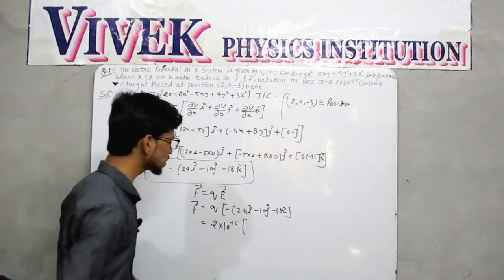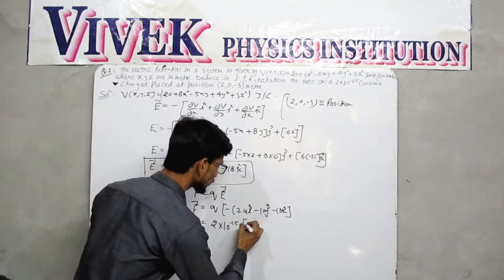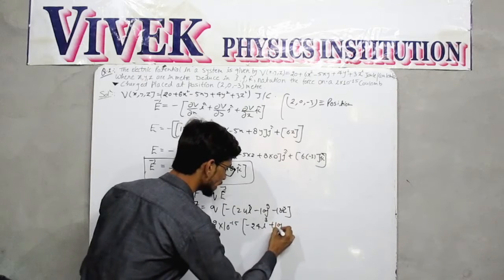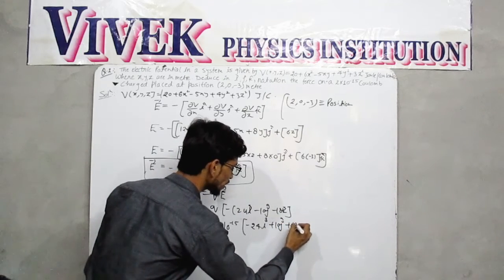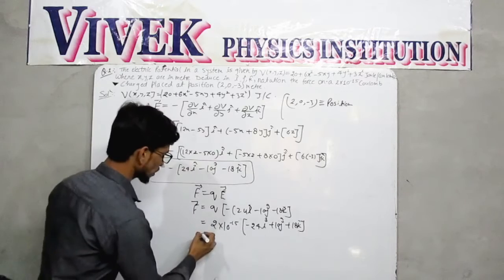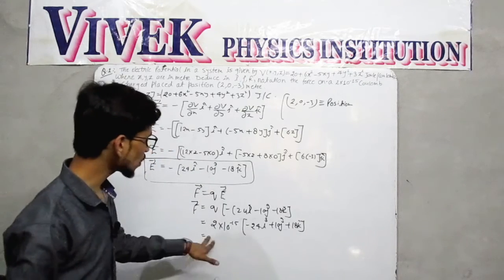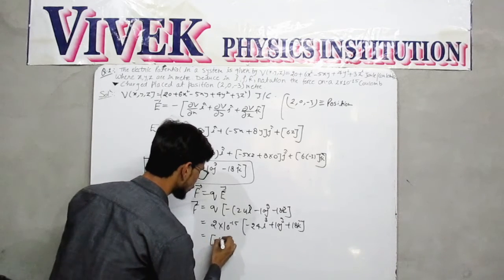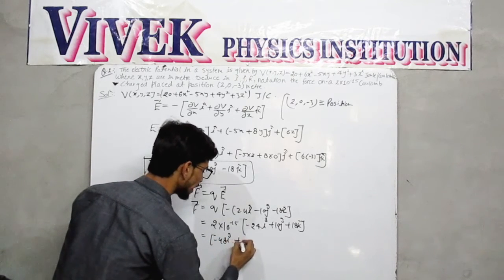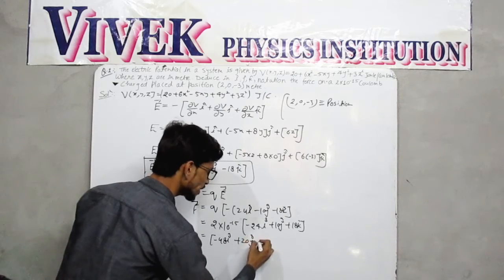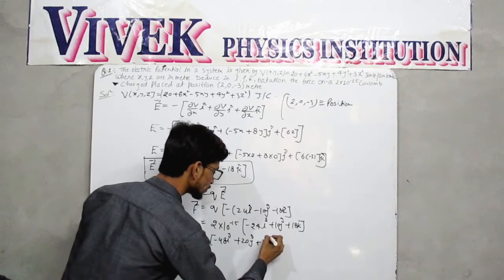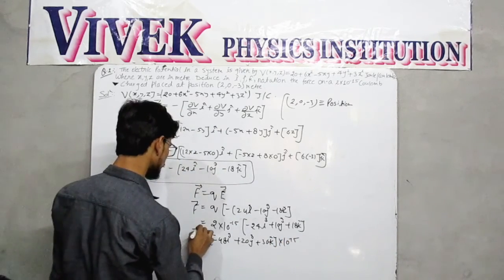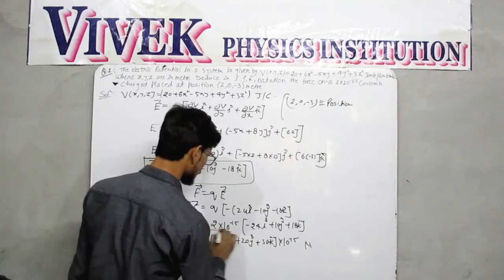And let me introduce this negative sign into the bracket, which leads to minus 24i plus 10j plus 18k. We can also solve this equation by multiplying by 2 in the bracket, which gives us 48i plus 20j plus 36k into 10 to the power minus 15, and the unit of force is simply Newton. So this is the required expression which